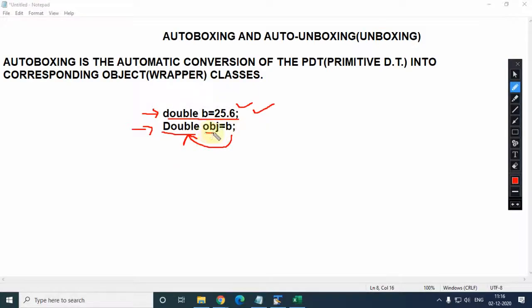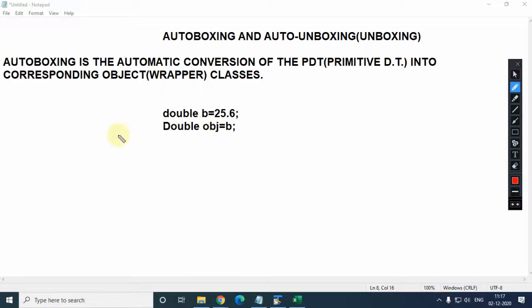The wrapper class name I have mentioned here is obj, and the wrapper class we are using is Double. Why? Because we are converting the respective data type into the corresponding wrapper class. Am I clear everyone? So this is a simple example in which we are converting primitive data type into the respective object. Am I clear?